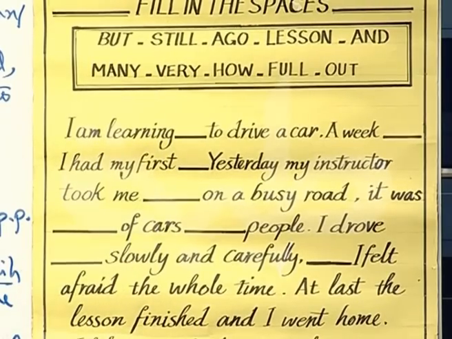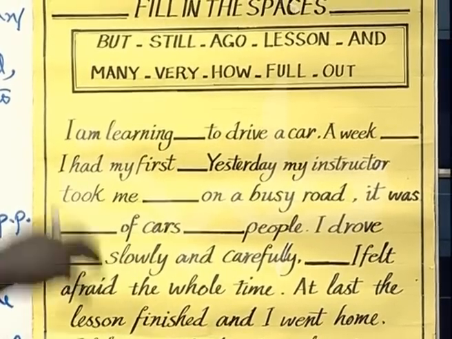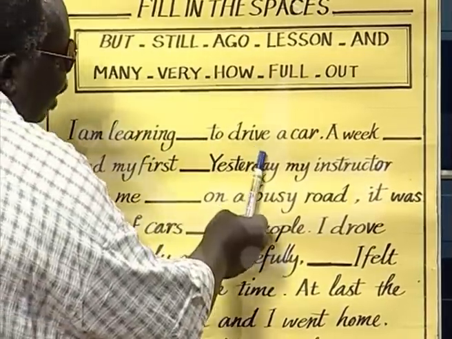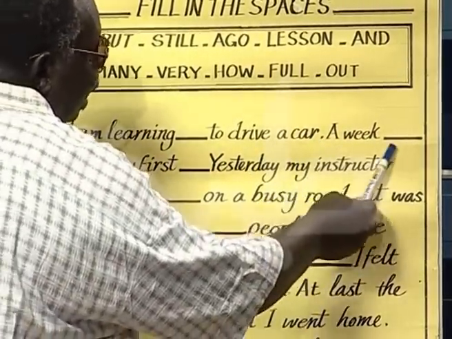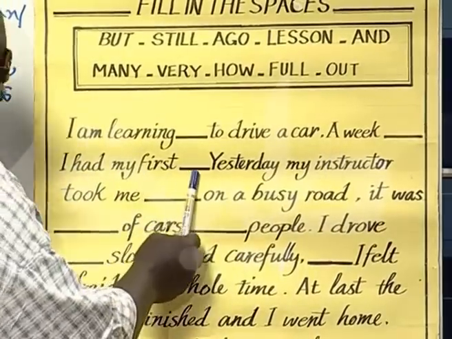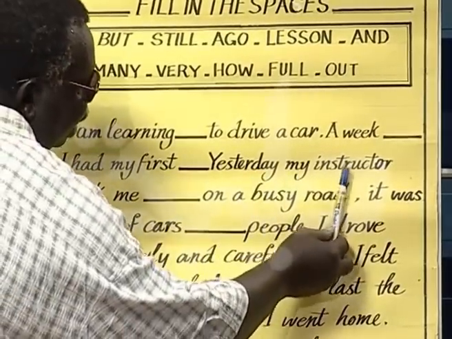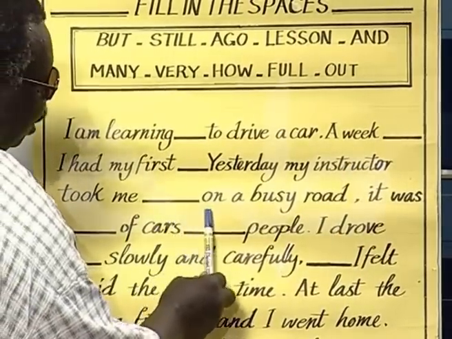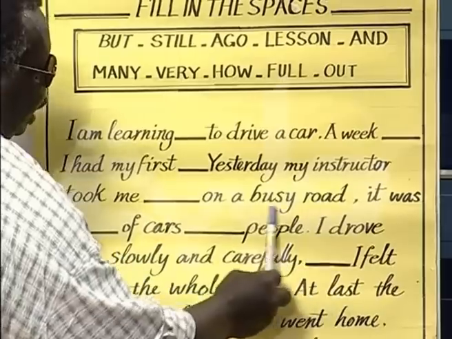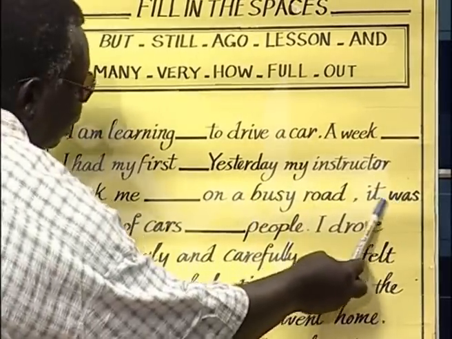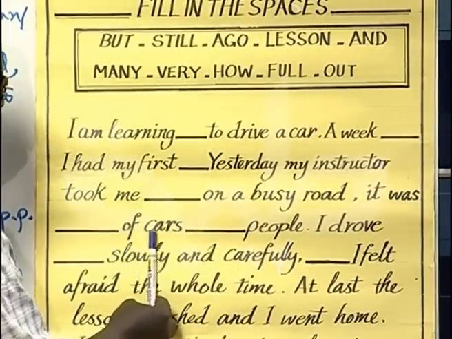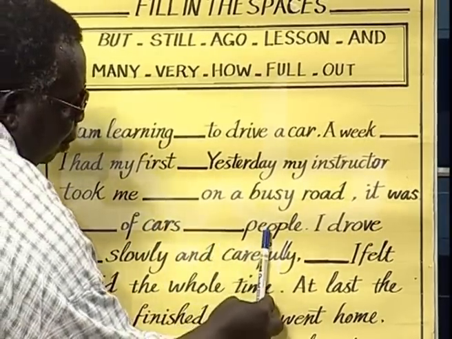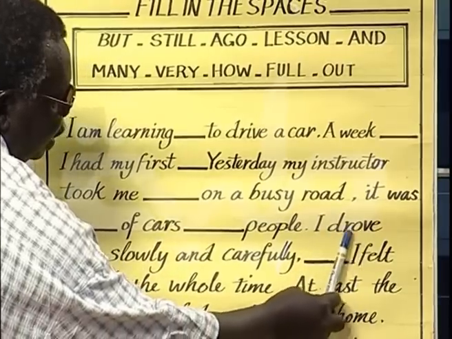Now, I hope you are going to read the passage with me so that you can have a general idea about the passage. I am learning dash to drive a car. A week dash I had my first dash. Yesterday my instructor, مدرب معلم, took me dash on a busy road, شارع مزدحم. It was dash of cars dash people. I drove, this is the past tense of drive,